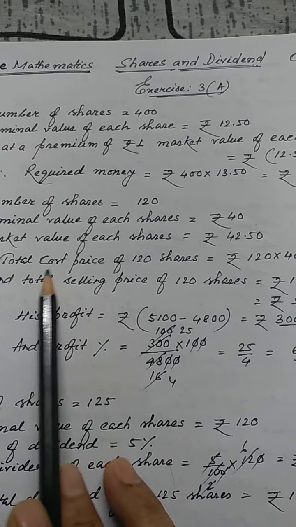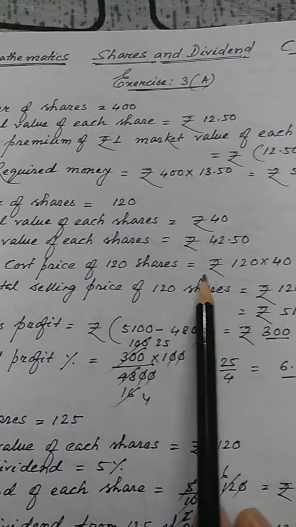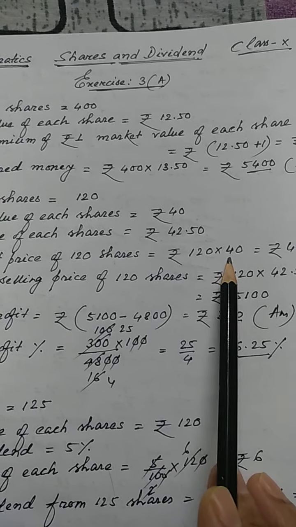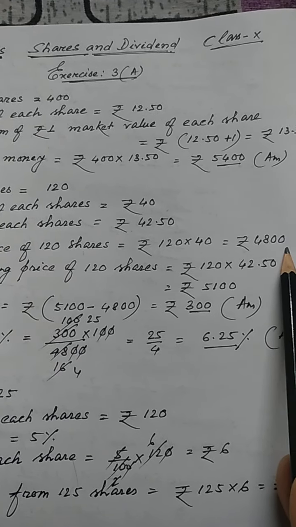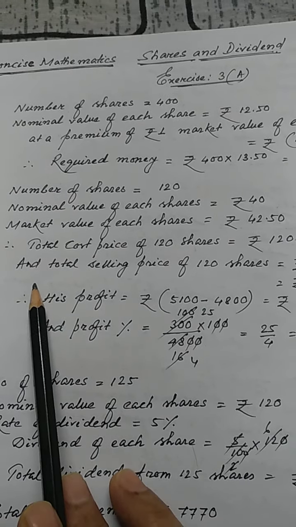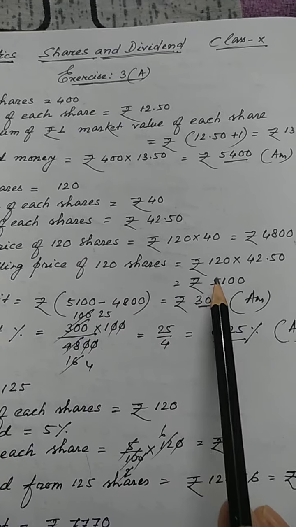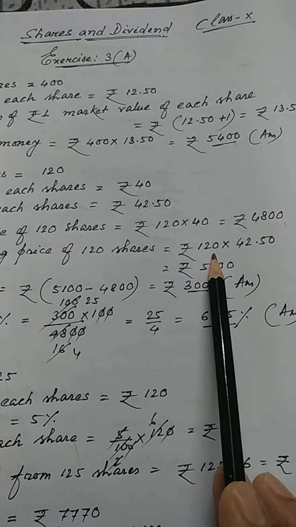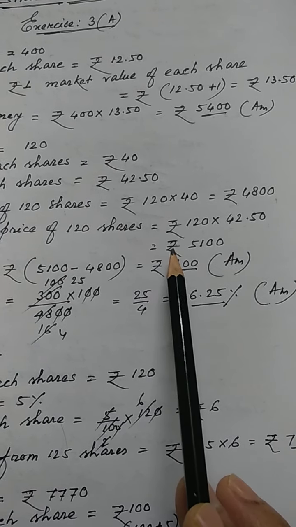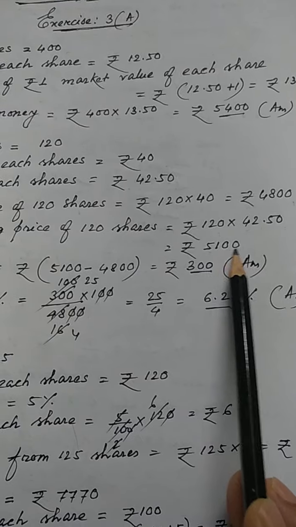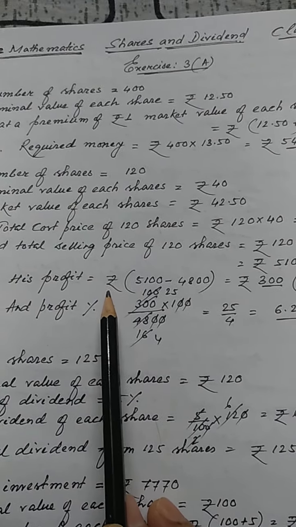So total cost price of 120 shares will be rupees 120 into 40, that is equal to rupees 4800, and total selling price of 120 shares will be rupees 120 into 42.50, and that will be equal to 5100. Therefore his profit will be rupees